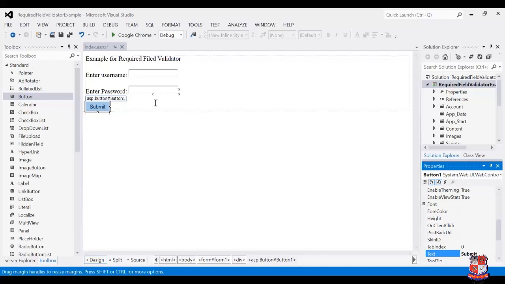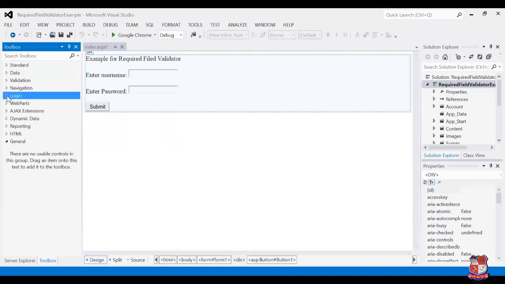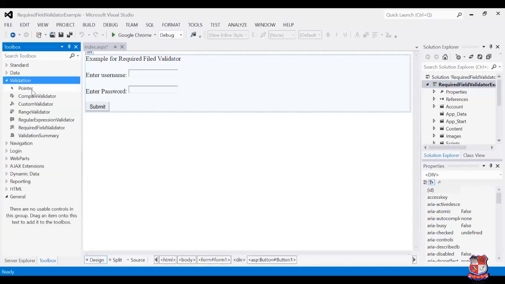Now, how do we use the required field validator control? Firstly we go to the toolbox, then to the category called validation. From that category we drag and drop the required field validator control.